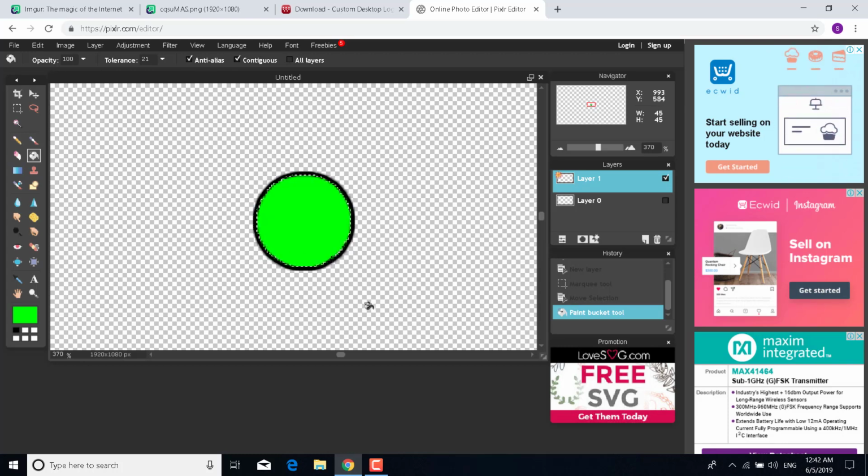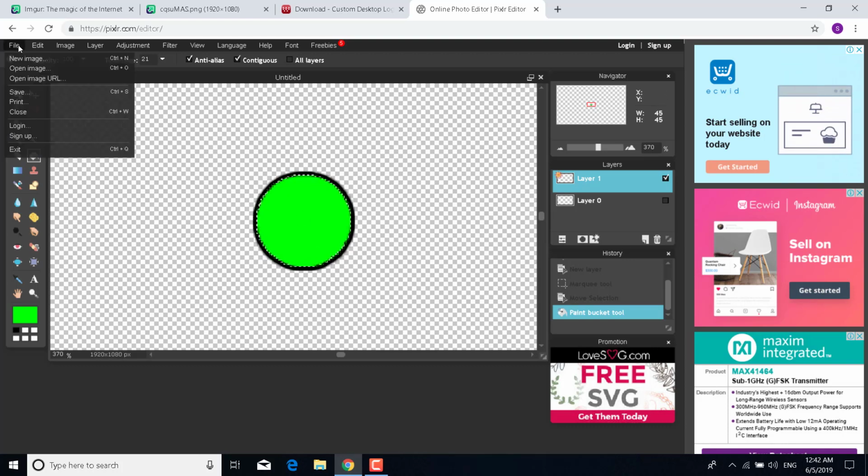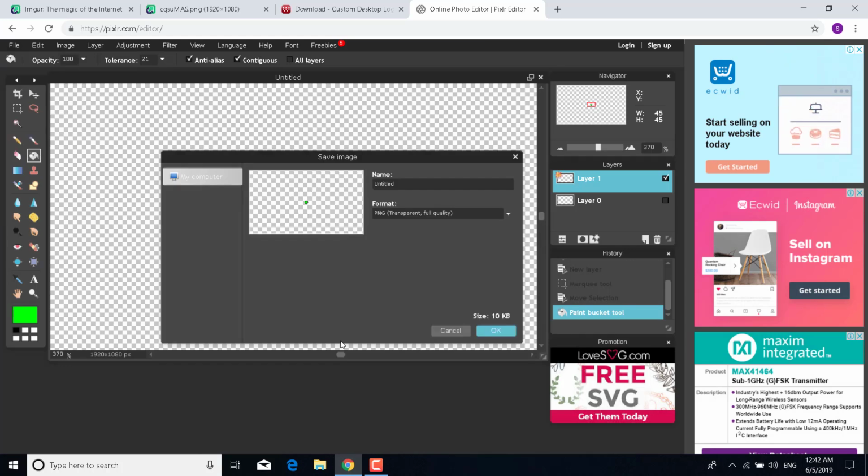Once you're all done, what you want to do is click on File, click on Save, and save the image somewhere on your computer, but make sure that the format is PNG. Click on OK,